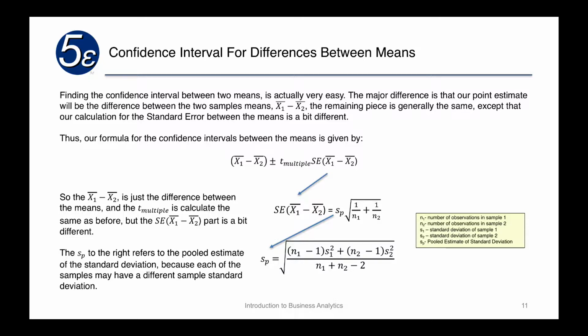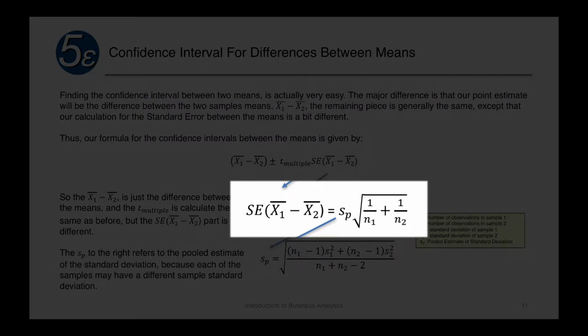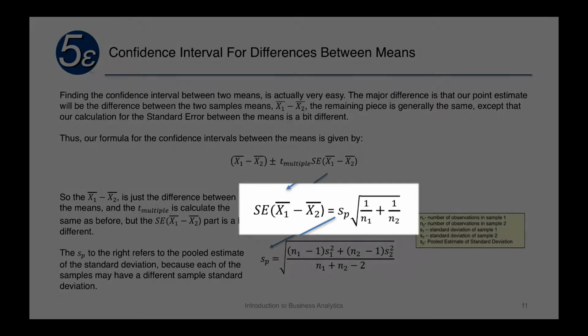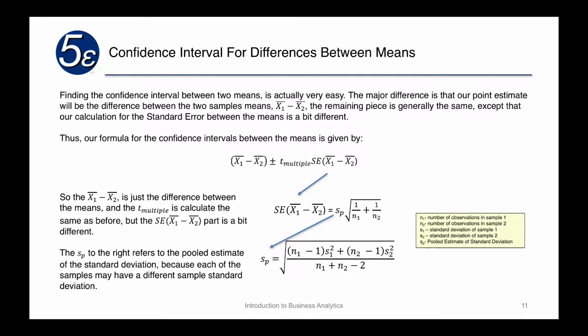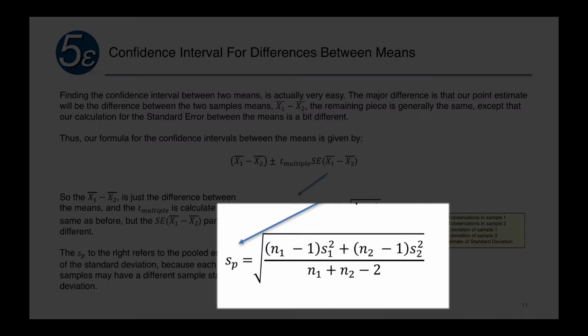Now this is a little bit different because the standard error of x1 bar minus x2 bar is actually going to be the pooled estimate of the standard deviation times the square root of 1 over n1 plus 1 over n2. We have to combine the standard errors of both of the samples, and so it's done by a two-step formula. So we see here we have this Sp, which is the pooled standard estimate,